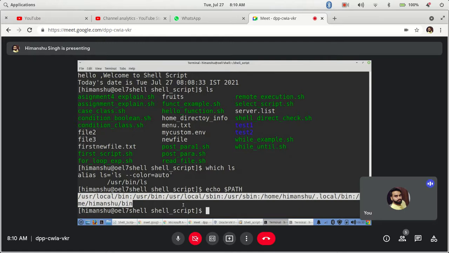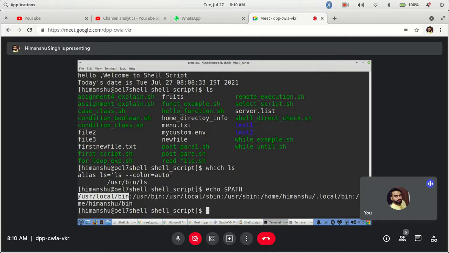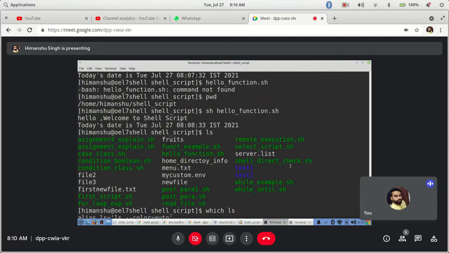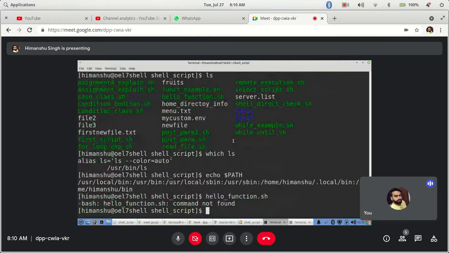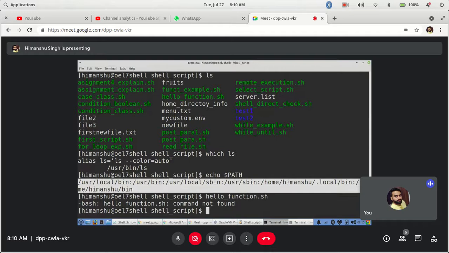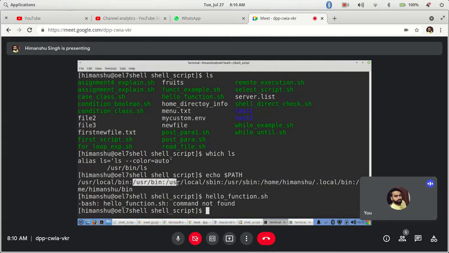These paths actually contain your commands, scripts, wherever you have kept them. Let's say I want to run this directly, but it is not working. Because the shell or bash is searching for this file in these locations, separated by colons, till here, but it is unable to find it.